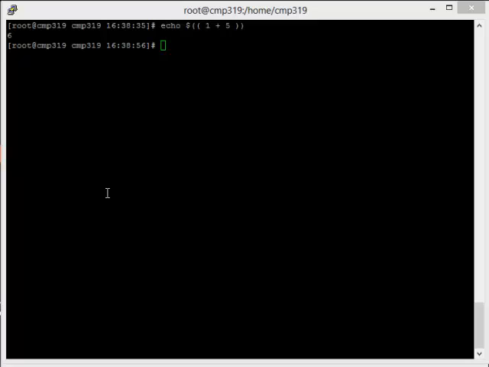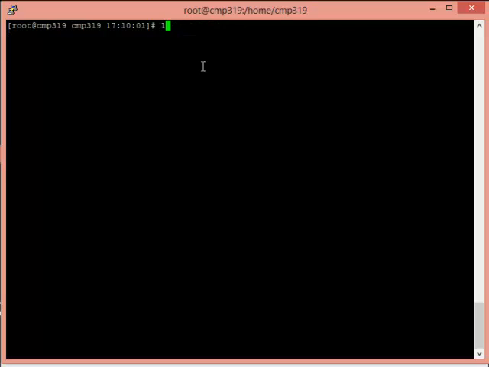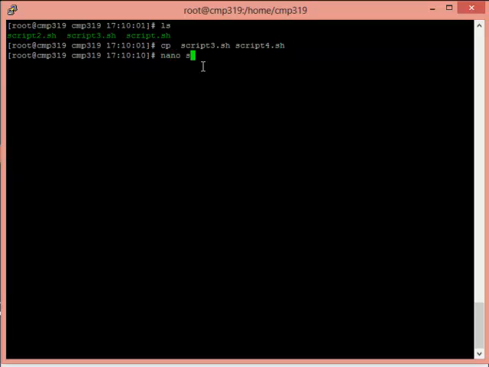But before we do that, let's quickly look at menu creation using the select command. So this we're picking up from where we left last time, where we're trying to do some basic arithmetic. So I'm going to clear the screen and make a copy of the script3.sh. This time around we'll call it script4.sh, and we're going to edit